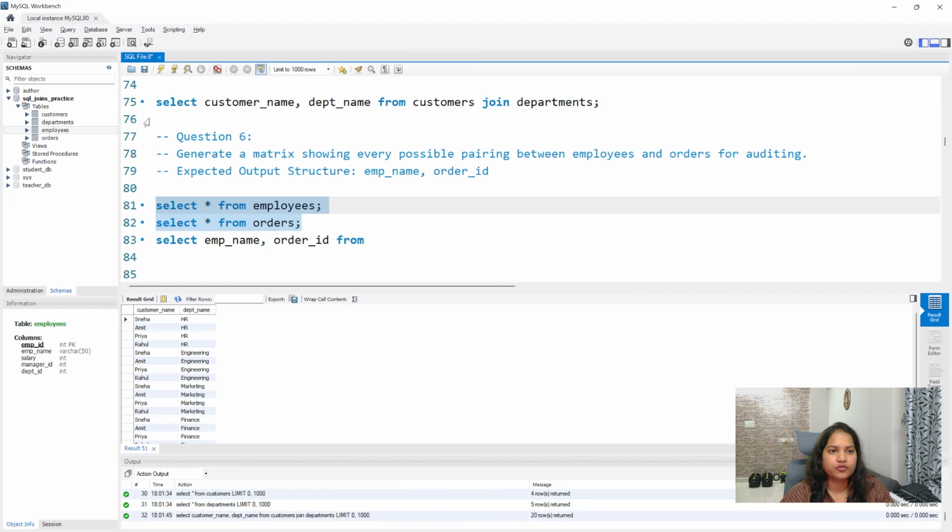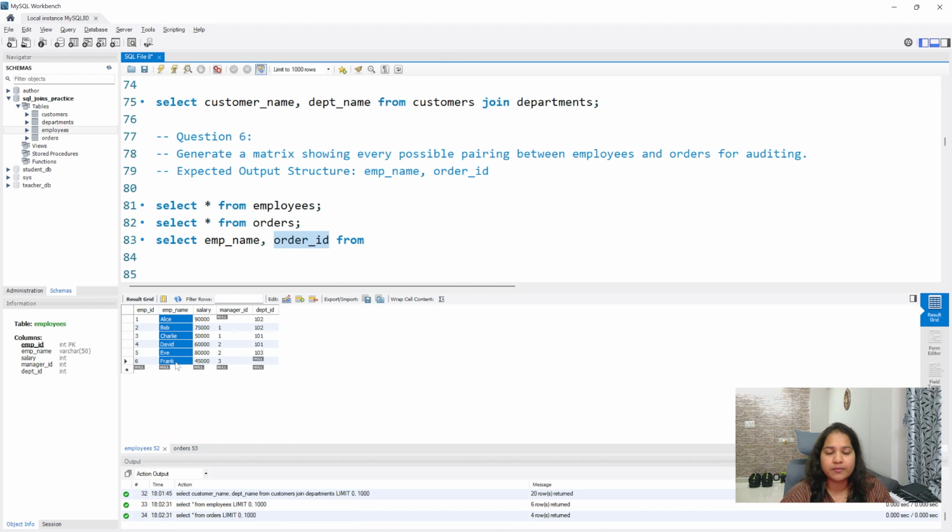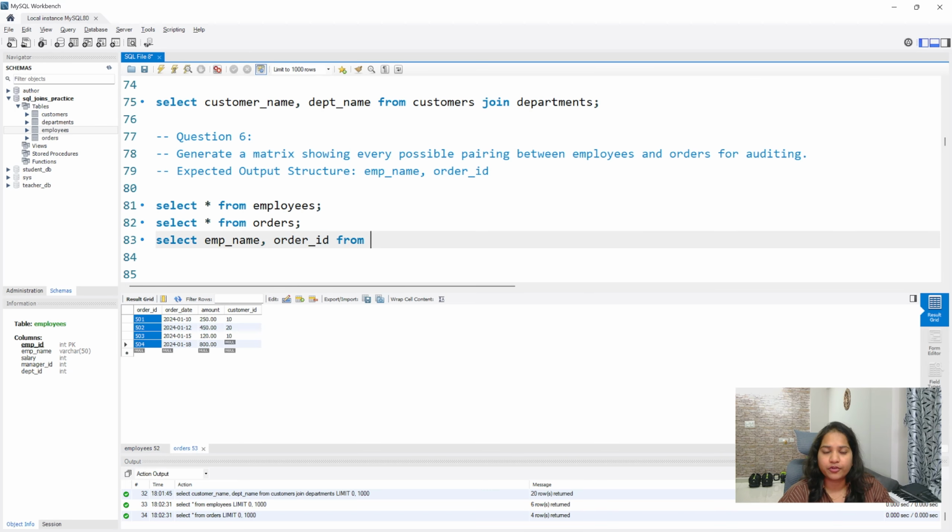If you run both of these, this is the orders table, and they want the order ID column from this. Then they have the employees table, and from this they want the employee name. How many records do we have here? 6 records here and 4 records here. So a total of 24 records has to come, because they are asking to generate a matrix showing every possible pairing between employees and orders.